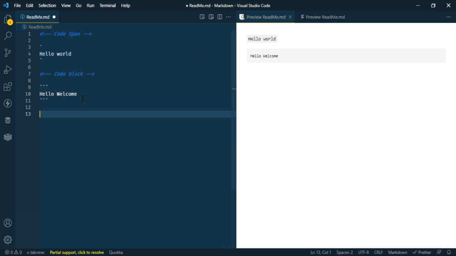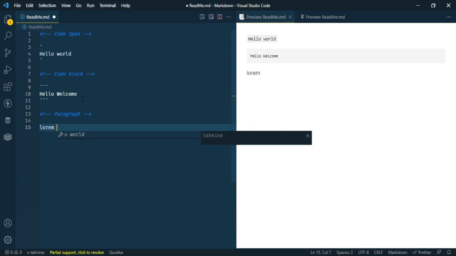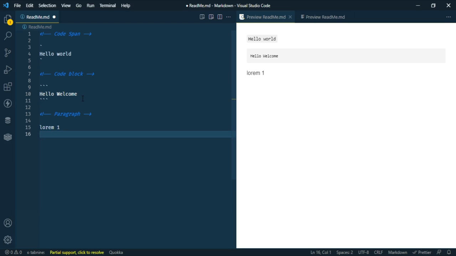The next part is making use of paragraphs. To make use of a paragraph, you just have to type in the text, maybe lorem 1, and just put a space and lorem 2, and you can see now it's directly in a new line, and that is what we call a paragraph. So I think a paragraph is just pressing your enter button and going to the next line,